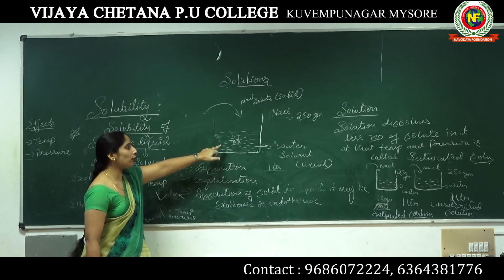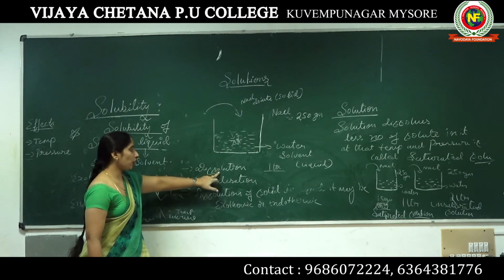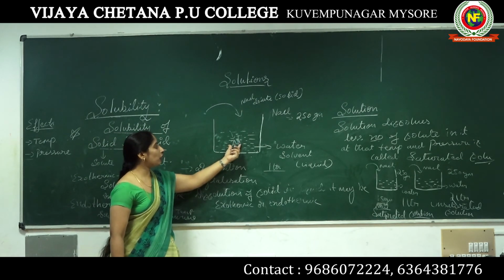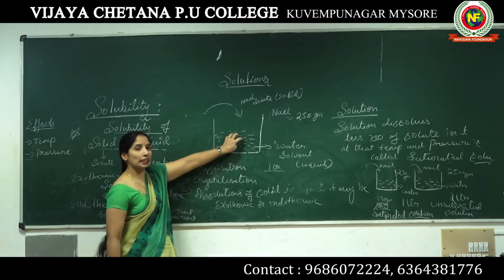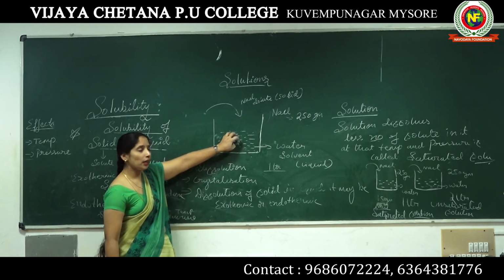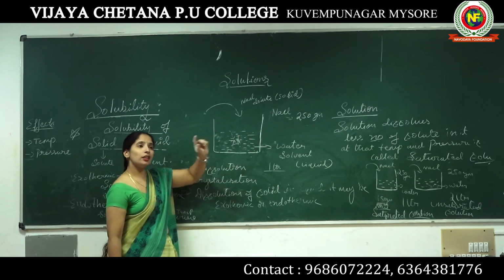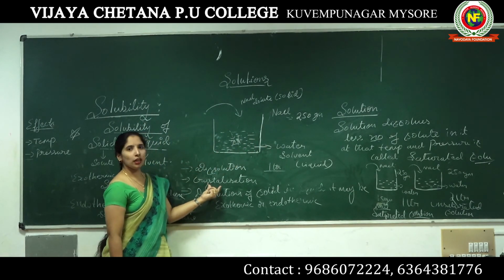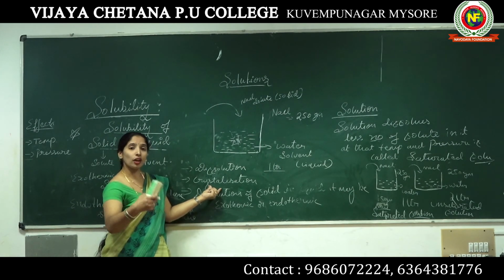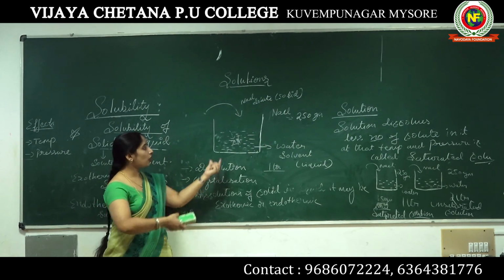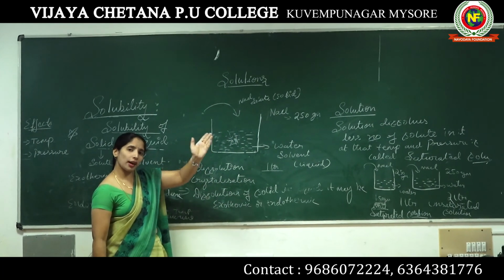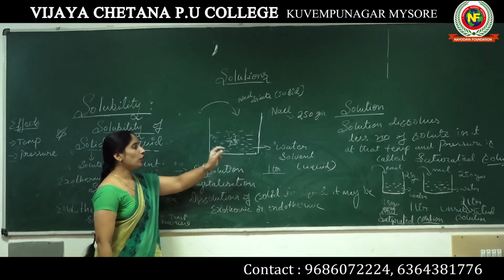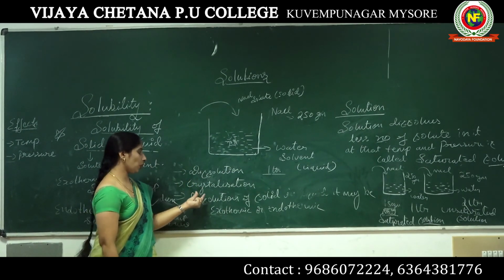Only a little amount of solute dissolves in a specified amount of solvent; we call that dissolution. Here, dissolved solute and undissolved solute collide with each other, and they separate out from the solution in the form of crystals. That process we call crystallization. So we can easily find out how crystals form: the dissolved and undissolved solid particles collide and separate out from the solution. Formation of crystals, that process we call crystallization.